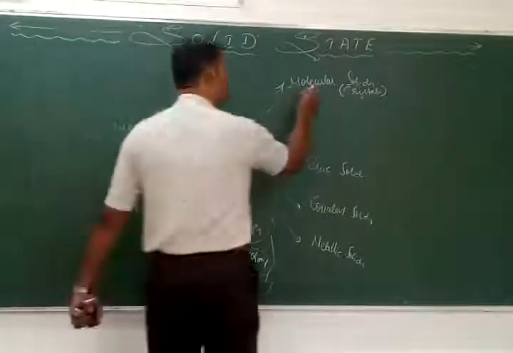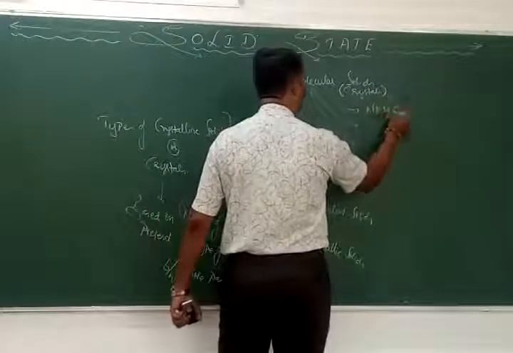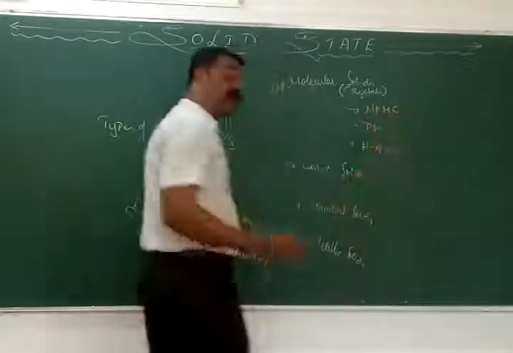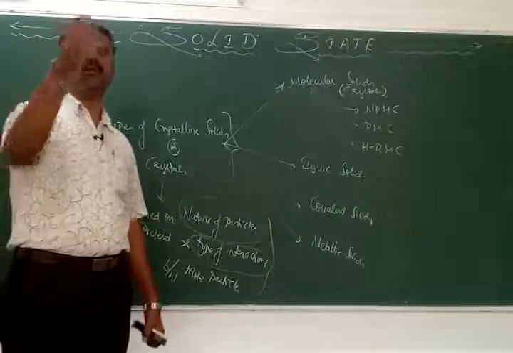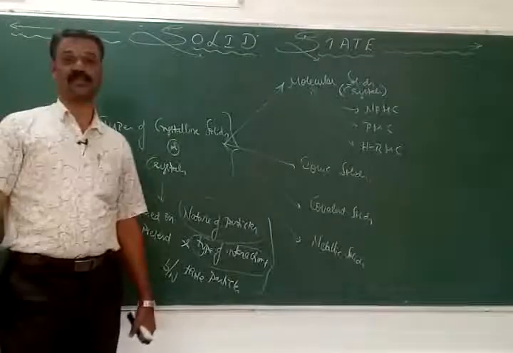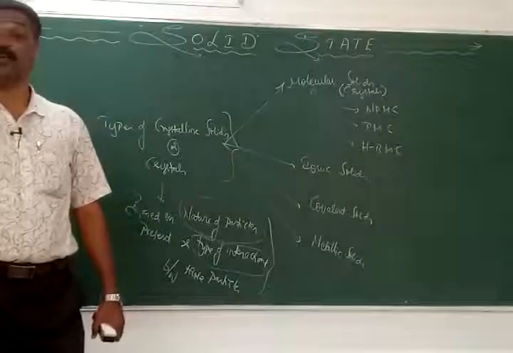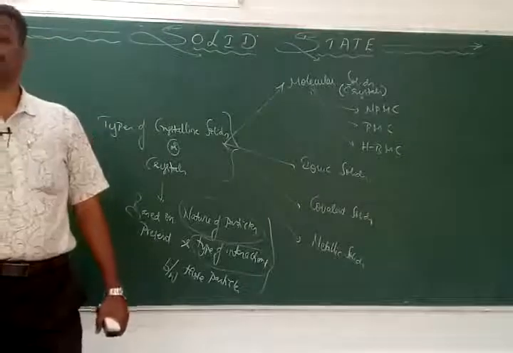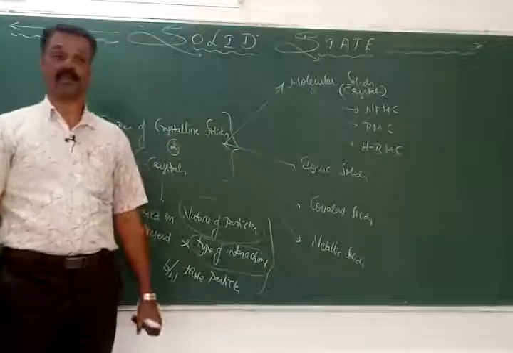Before that, the molecular crystals are further classified under 3 different categories: non-polar molecular crystals, polar molecular crystals, followed by the last one, hydrogen bonded molecular crystals. Okay. So the details of all those different types of crystals, along with the respective examples, we will discuss in the next session of this particular chapter, the solid state. Okay. So thank you.